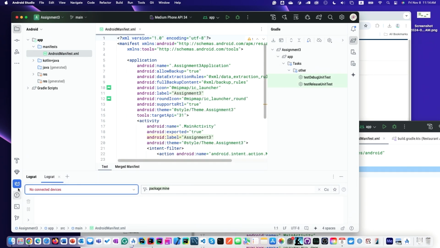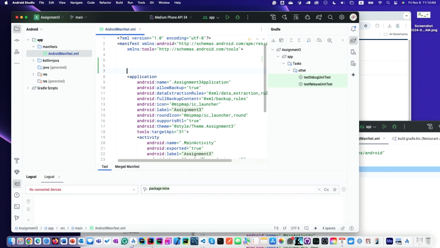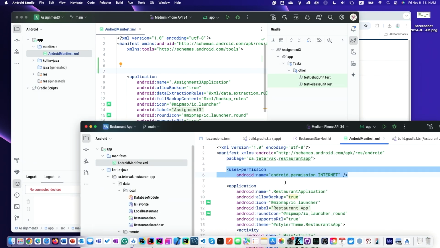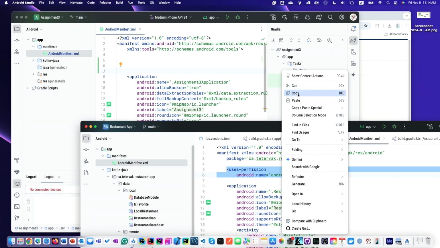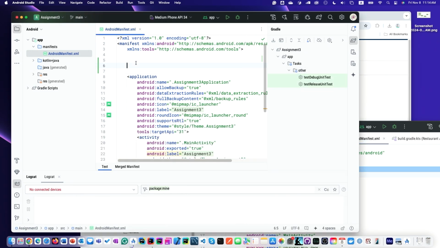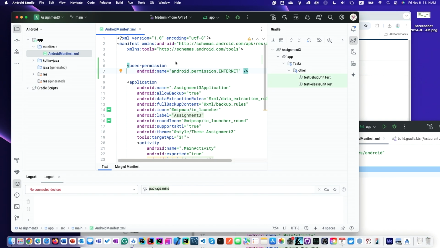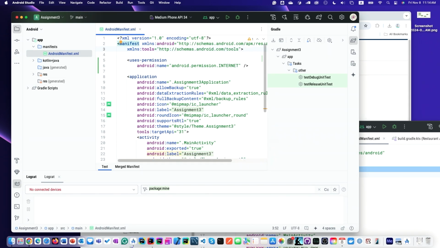Here, logcat window, okay? And definitely this is supposed to be here. Otherwise, it will be crashing, okay? Sorry about this. Definitely, in all applications that access the internet, this should be there. Surprisingly, when I open Firebase examples, it's not there. I assume that somehow they hard coded this in Firebase libraries, so